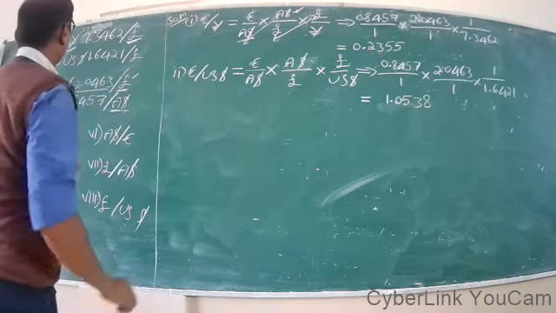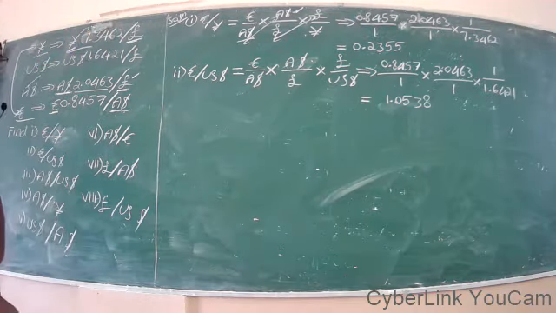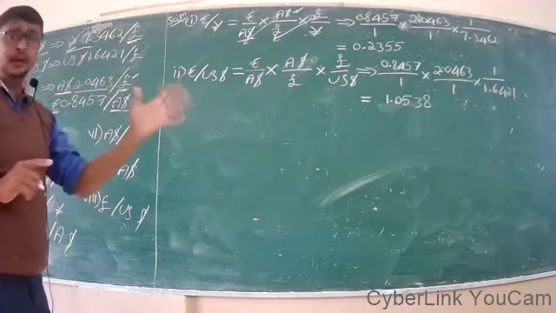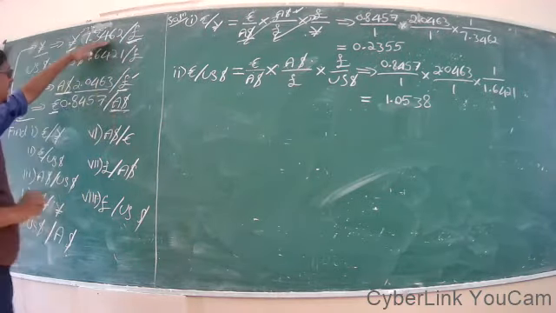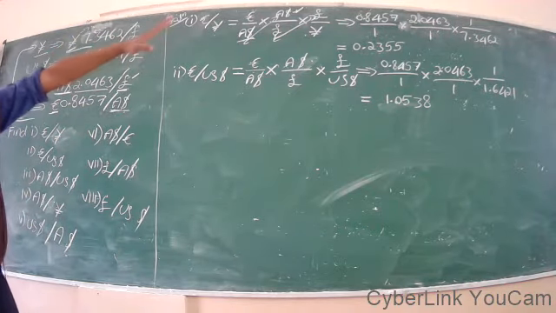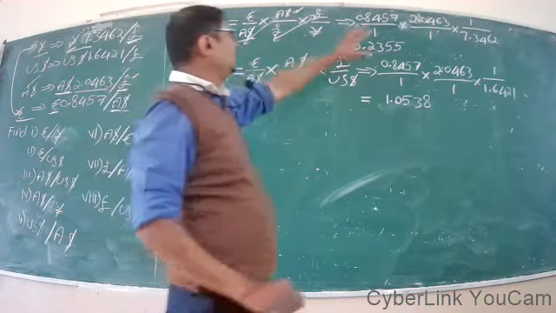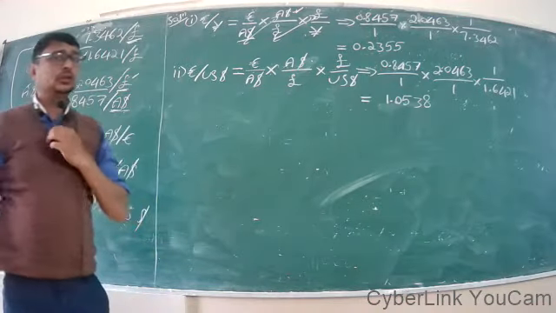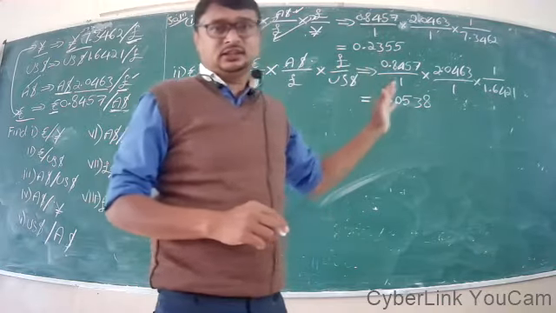2.0463, and this one is yuan per sterling pound, right? But we need sterling pound per yuan. That's why 7.3462 becomes the denominator. That's why 1 divided by 7.3462. While multiplying all these, you get the answer 0.2355. So 0.2355 of what? What will be the currency symbol with this answer?